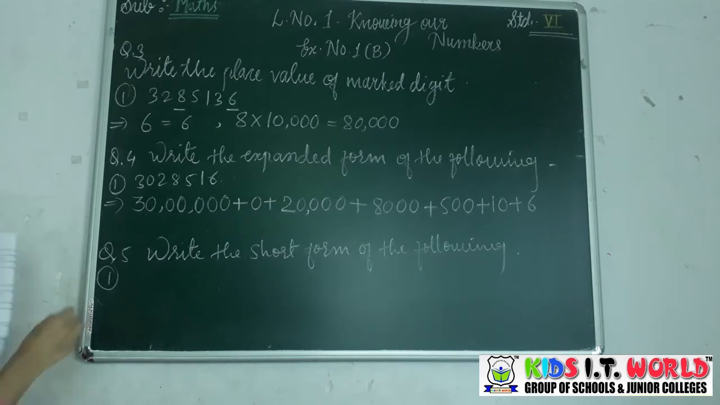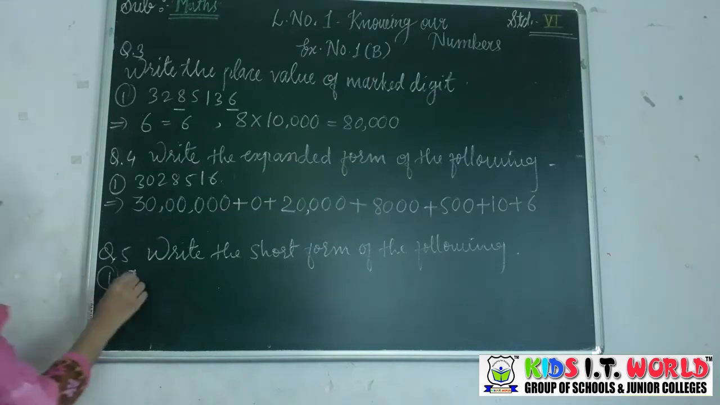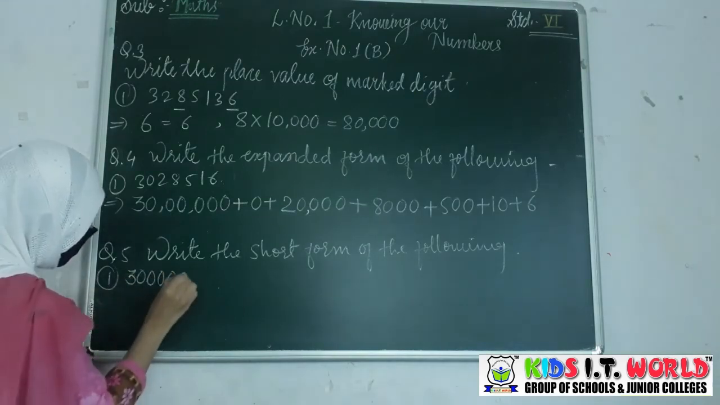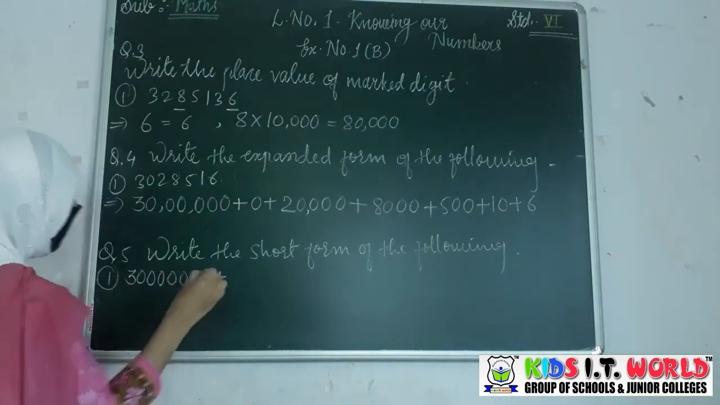It is about the crore. So how many zeros are there? 7 zeros are there. So you will write 7 zeros with the 3. 1, 2, 3, 4, 5, 6, 7. Added with,